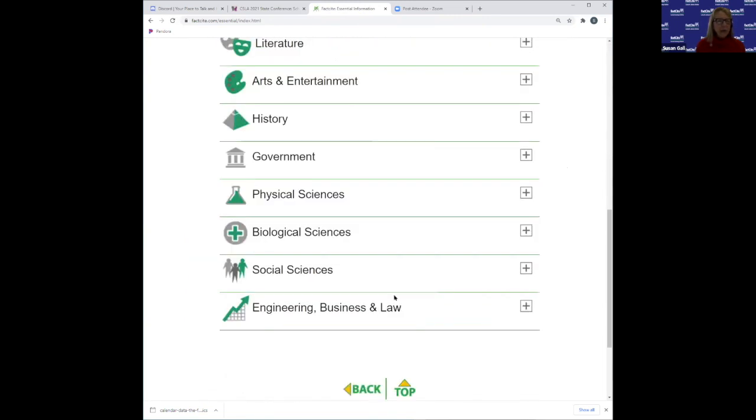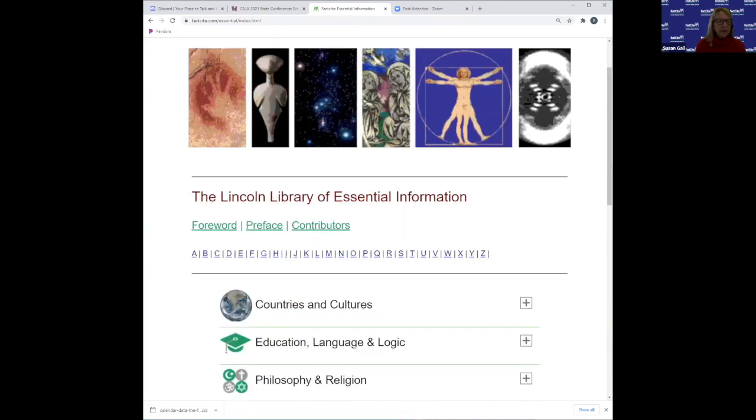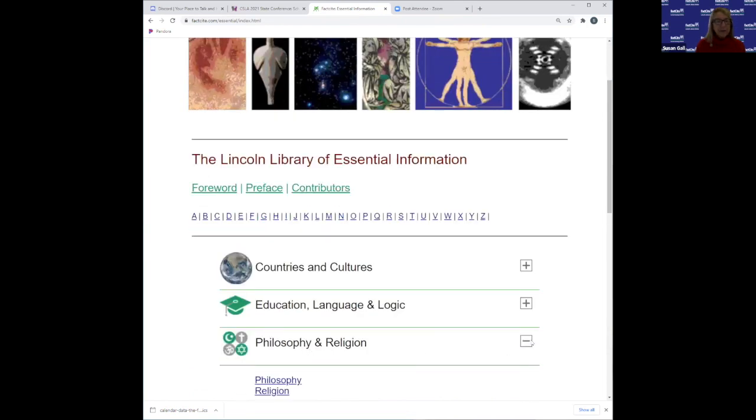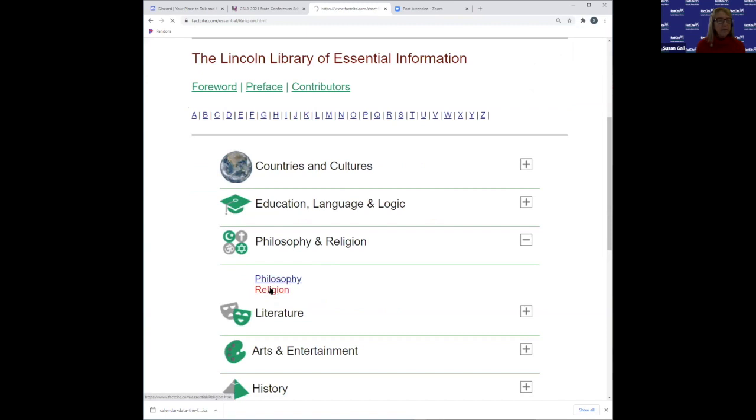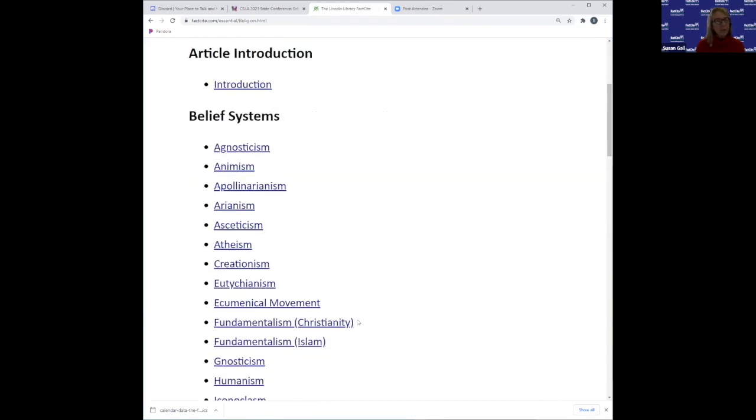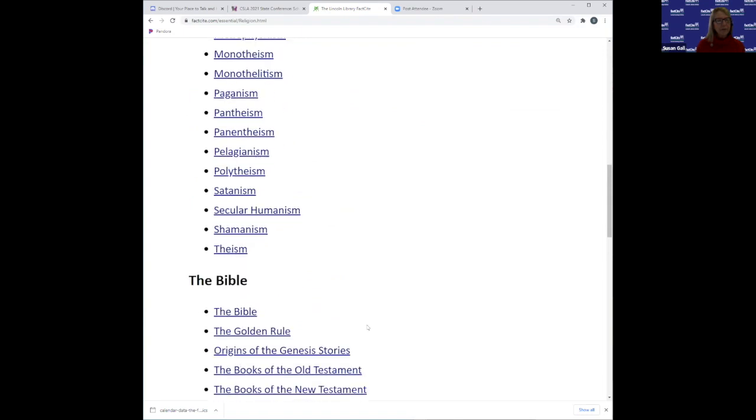Let's see, what else is popular? The religion section in Essential Information is really popular as well. Articles on all the different